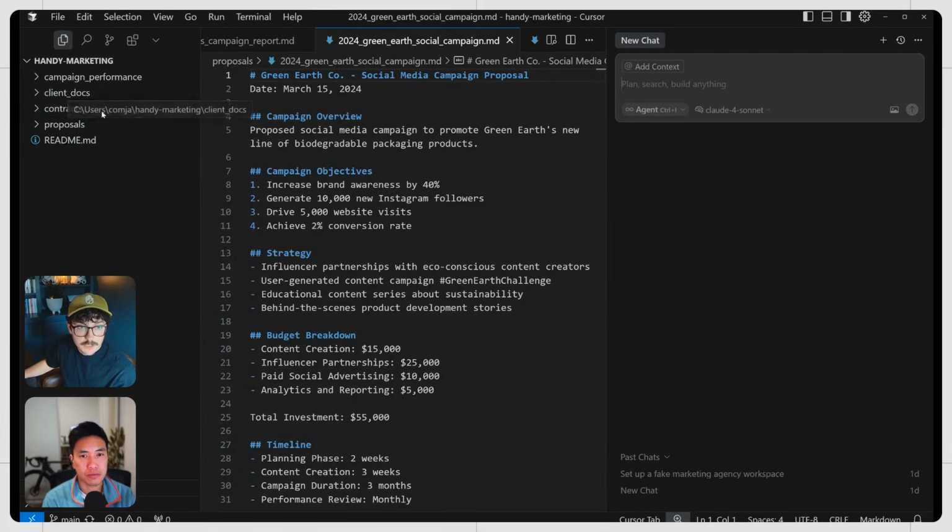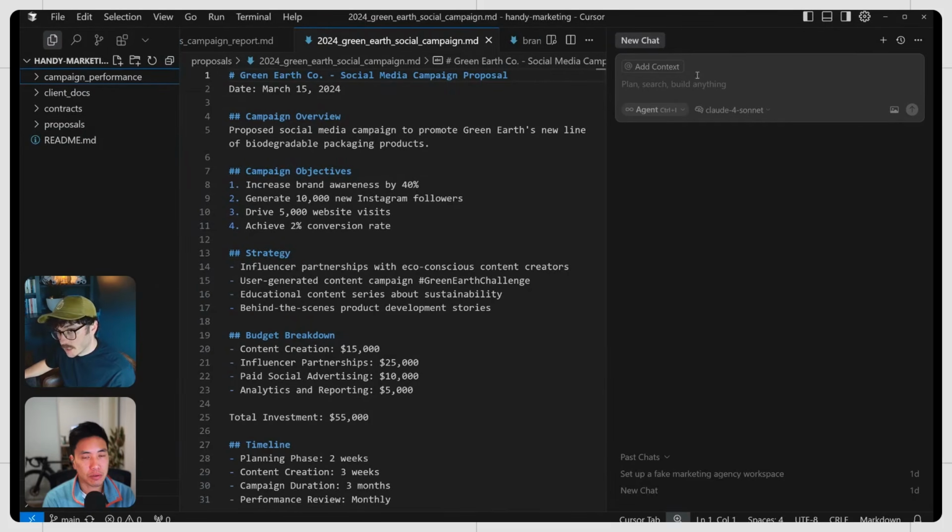So we're going to create some fake data. All these documents are fake. Pretend they're real. Pretend I'm a marketer. Pretend we're having fun marketing. But I'm going to make some fake data, and I don't want to do it myself because it'll take a lot of time. So I'm going to say over here to my agent,